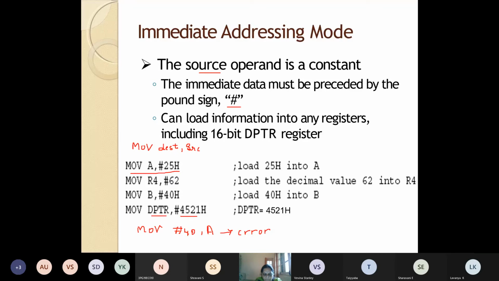In immediate addressing mode, any doubt? In the immediate addressing mode, the register is followed by the hash symbol, whether it is a register or the memory location. Whenever I'm using the immediate addressing mode, the value should be preceded with the hash. It means that I'm copying the particular value to the register, in the move instruction.